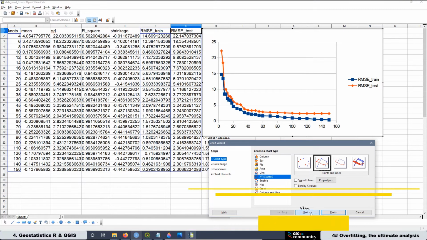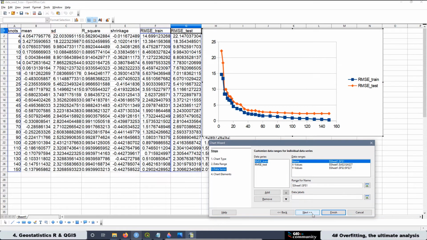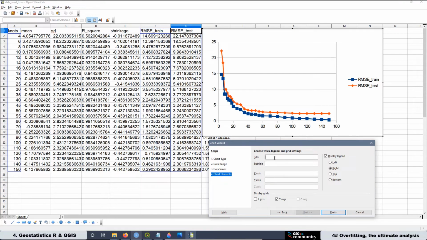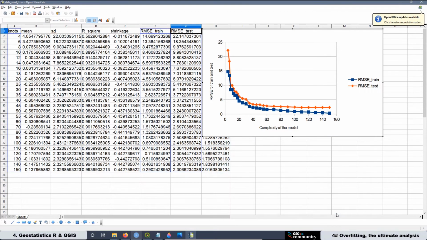Then we can go next, and here that's okay. Next, and here we can add the title if we want to add any title, subtitle, the x-axis, that is going to be the complexity model, and also we can add here the root mean square error. Then finish, and we have already the graph created. In this case, when we are using the set number 3, the data is not clear over here, right? Looks like it